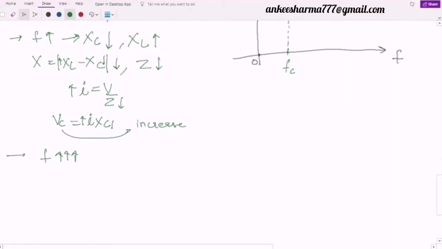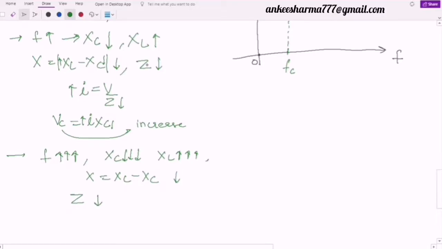Look here, I have used here 3 arrows. Then definitely with the high frequency, XC will decrease to a very low value. XC will become very small, XL will become very large. And due to that, if I find the value of X, which is nothing but XL minus XC, XC has come down very low from infinity, XL has gone very high from 0. It means their difference will decrease and I will say that X value will further decrease. If your X value decreases, then can I say Z value will also decrease.